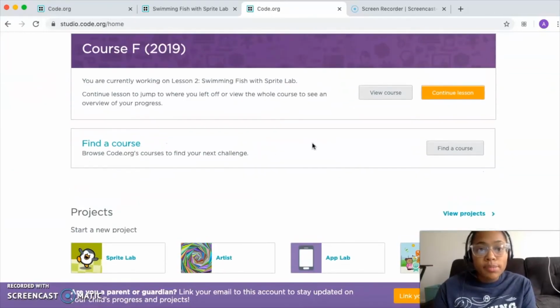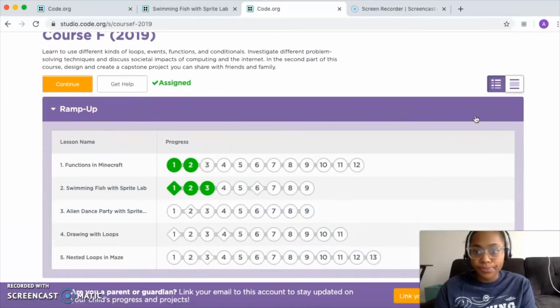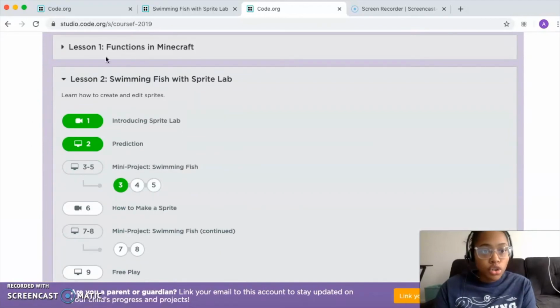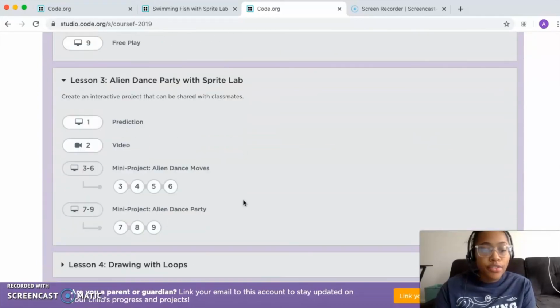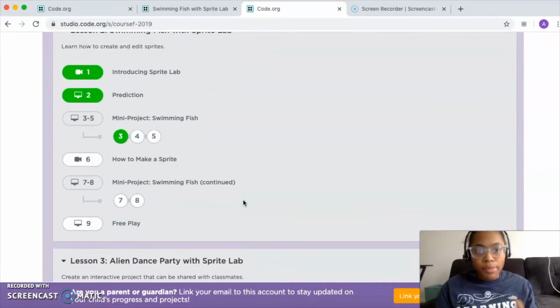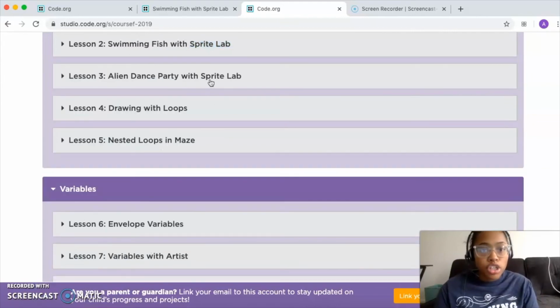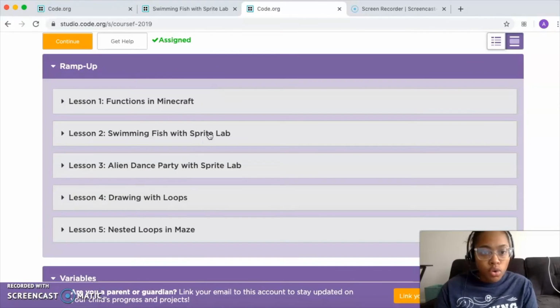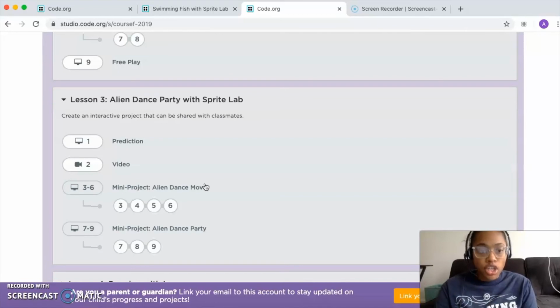So this week we're going to complete 2 lessons because these 2 lessons are pretty short. You're going to finish up lesson 2, swimming fish with Sprite Lab, and then you're going to move to lesson 3. The reason why we're going to do these 2 lessons this week is because they are using the same platform. So they're both using Sprite Lab. You're going to continue on from lesson 2 and move on to lesson 3. You are allowed to move on this week to a new